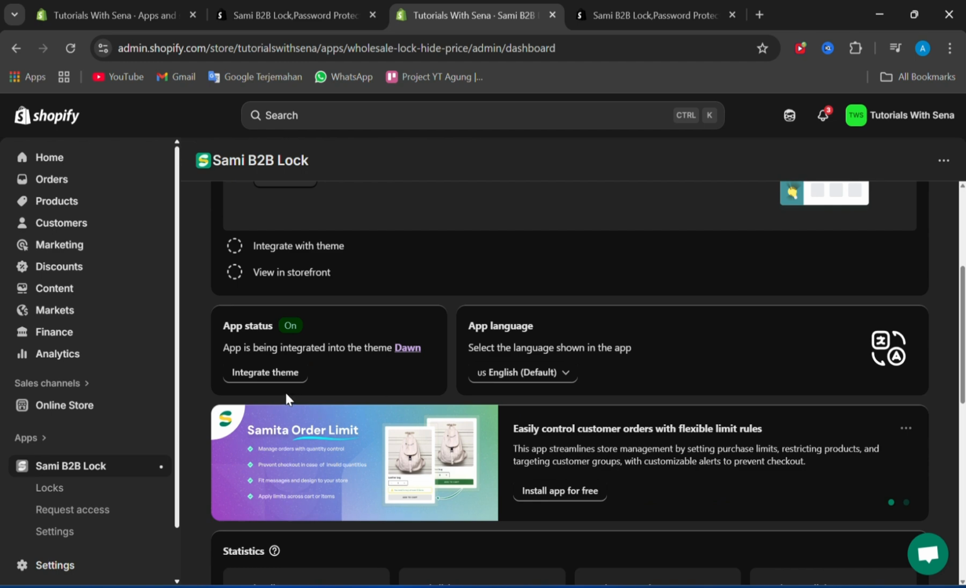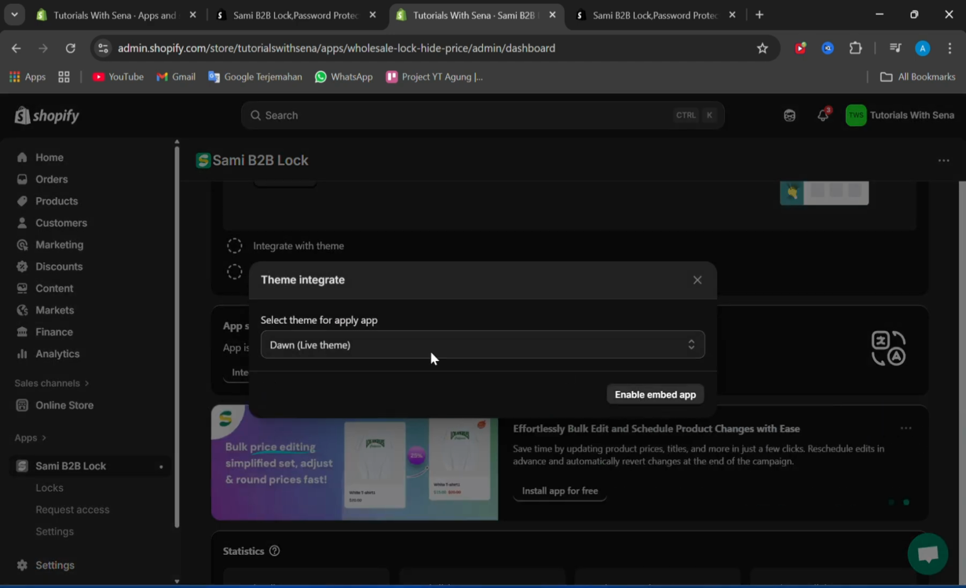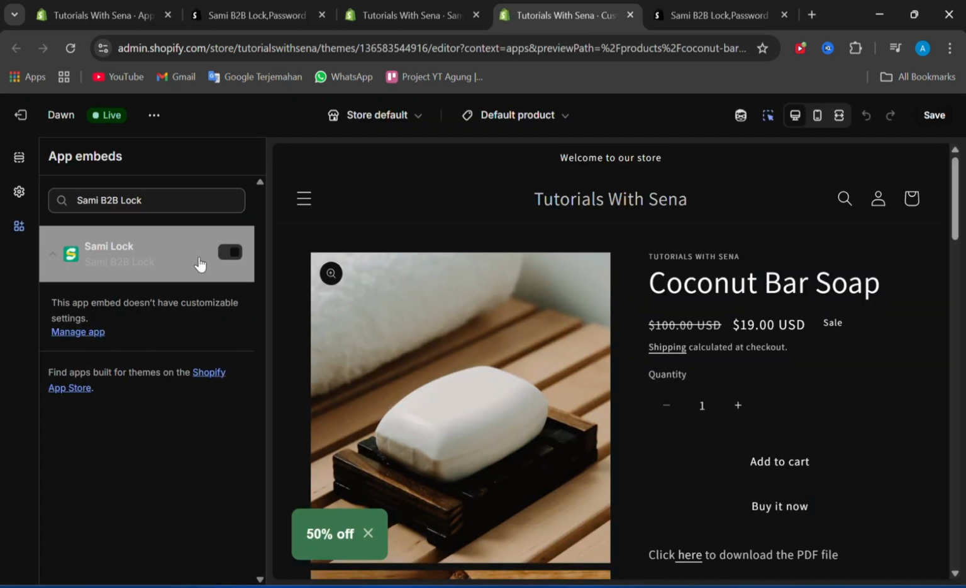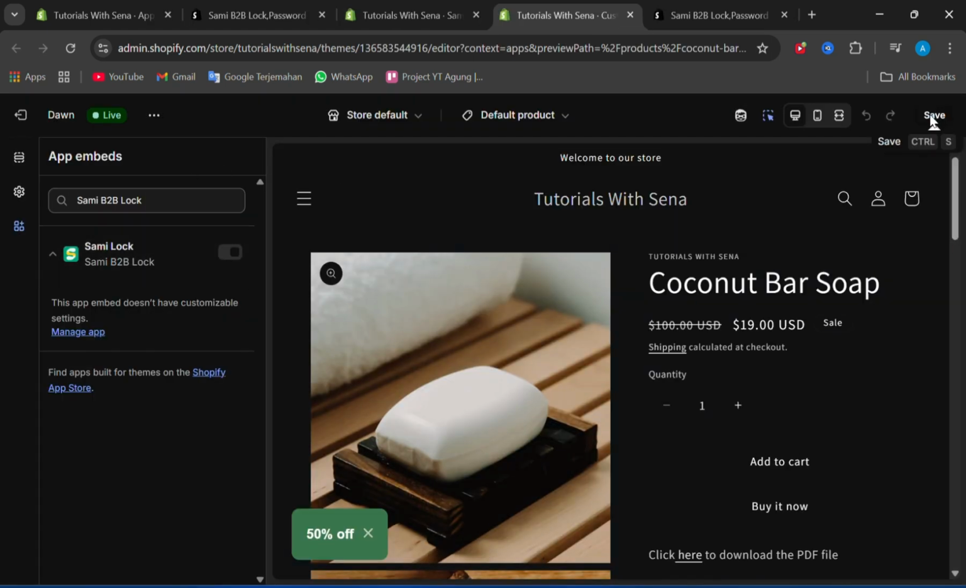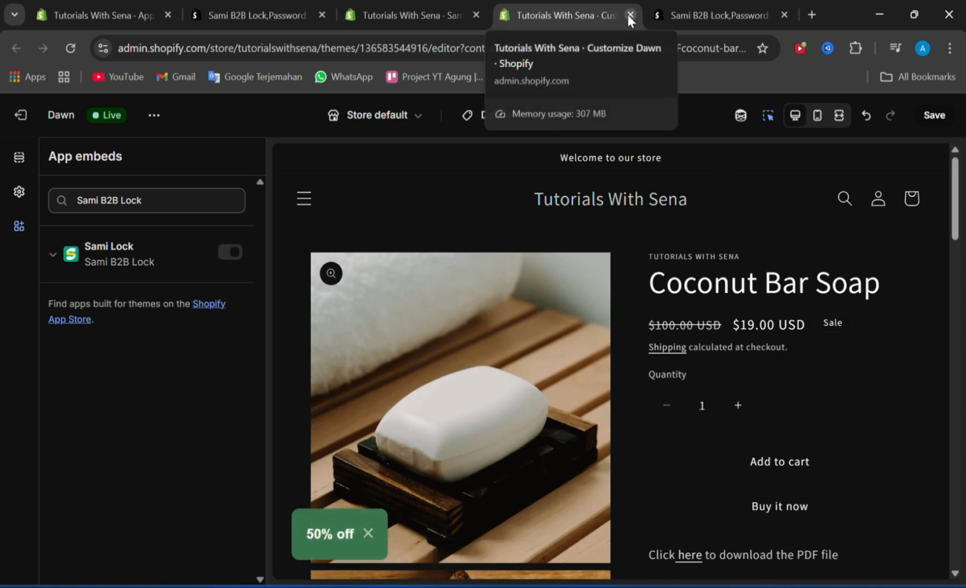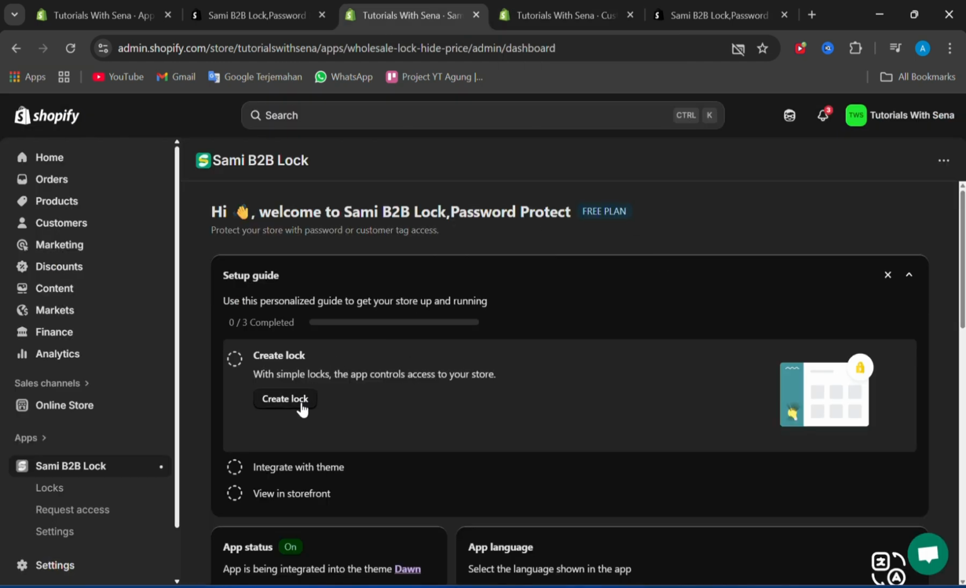After that, you have to integrate the theme, so you can go to app status and click integrate theme, and then choose the theme and just click enable here and make sure it's activated, and then you can just click save here, and then you can go back to your store and then go back to the page and click